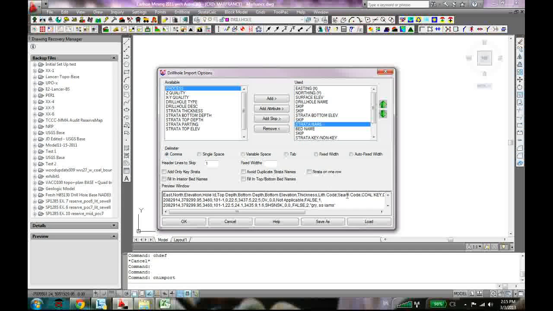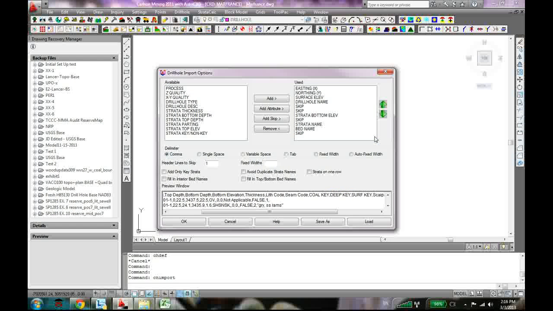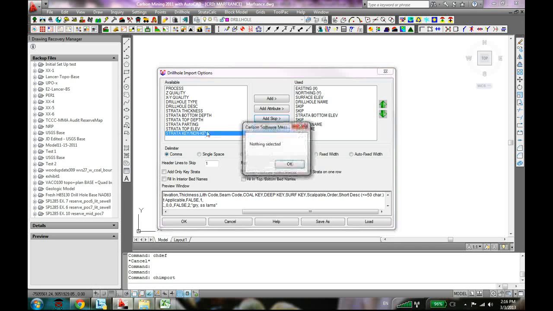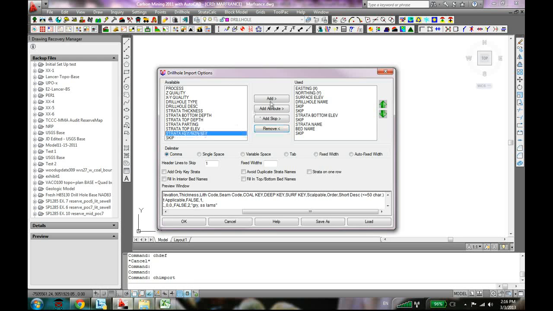Then lithologic code is your strata name, same code is your bed name. Then which one to import? You could import the coal key. If you do that, then you will be kind of mining the surface portion. But I'm going to just skip it, and I'm just going to do a straighter key or not. So I'm going to import this one, the deep key, and I don't care anything what's there after that. Oops, what did I do? Okay, bed name. Let's see, same code, then skip, then remove that. Okay,